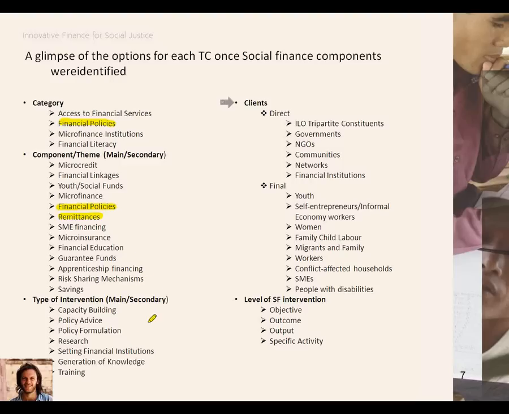So when it came to see which type of intervention this was, we decided that policy formulation was one of the types of intervention, and the other one was capacity building. So before sharing the results of the inventory, I will make another poll just to keep you awake, and let's